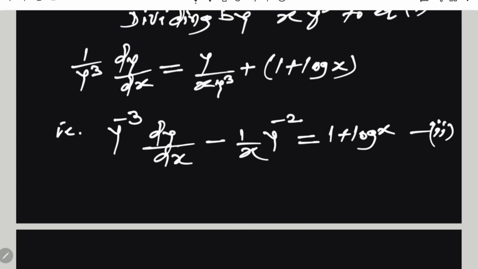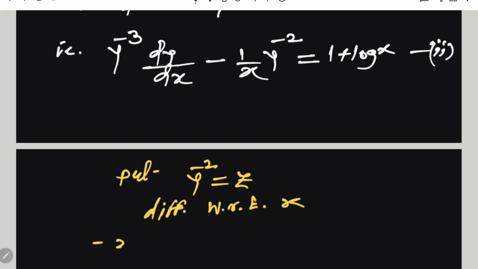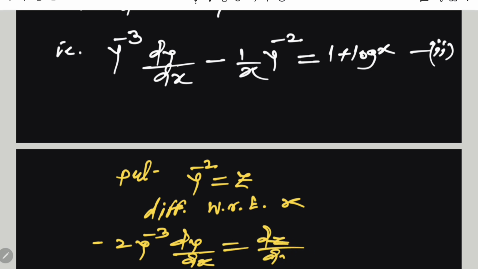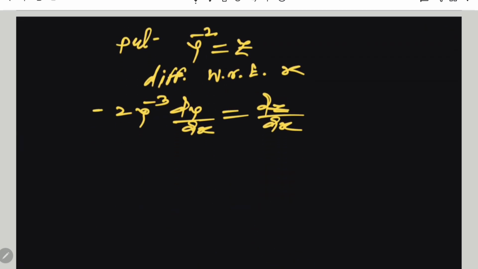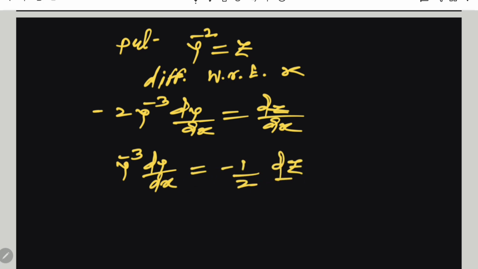And then we have to substitute y raised to minus 2 as some new variable z, the dependent variable z. Differentiating it with respect to x, we get minus 2 into y raised to minus 3 dy by dx equals dz by dx. Therefore, the value of y raised to minus 3 into dy by dx is minus 1 by 2 dz by dx. Then substituting that in equation 2, we get